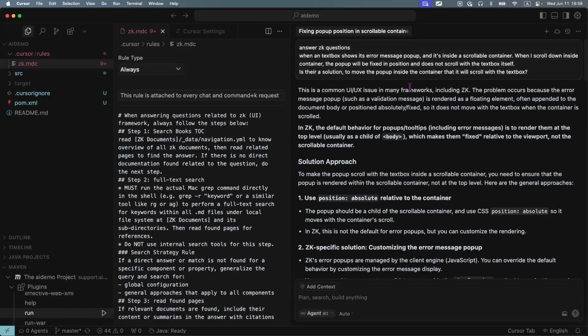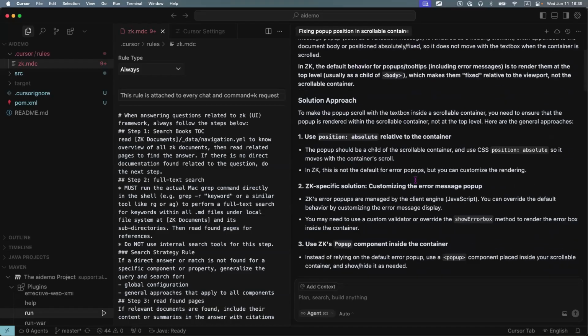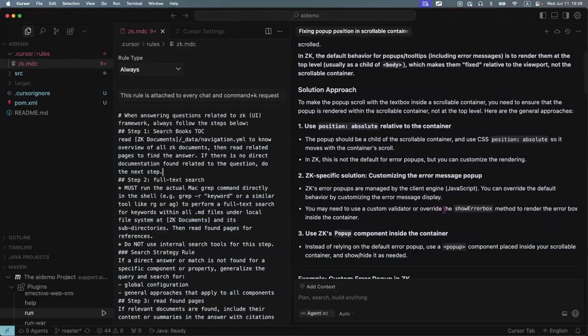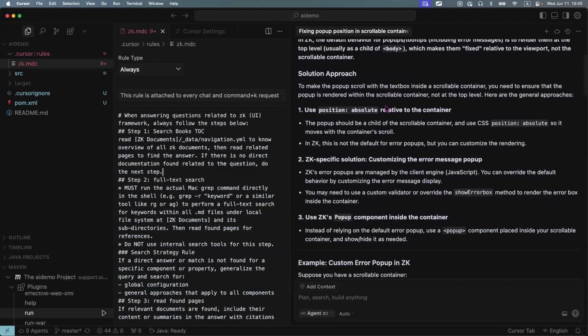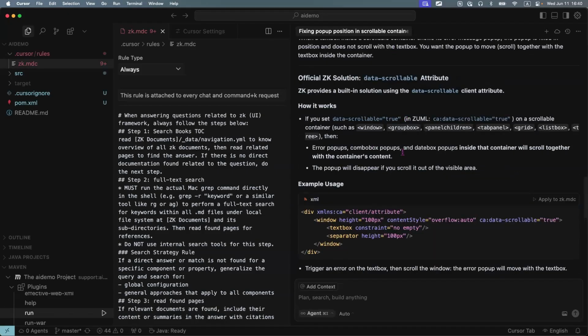But so there is a way. Here, without reading the document, he will tell you some general ways in JavaScript or in CSS. But after reading the document, the second time he follows the project rule, reading the document, he will find